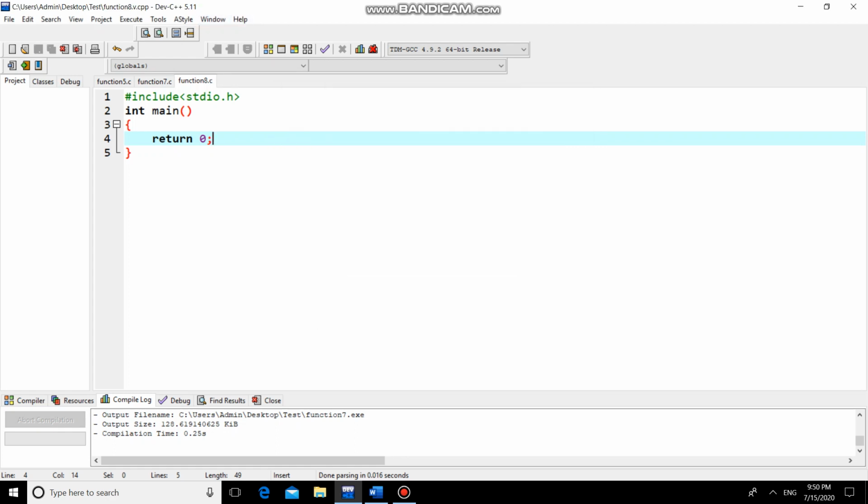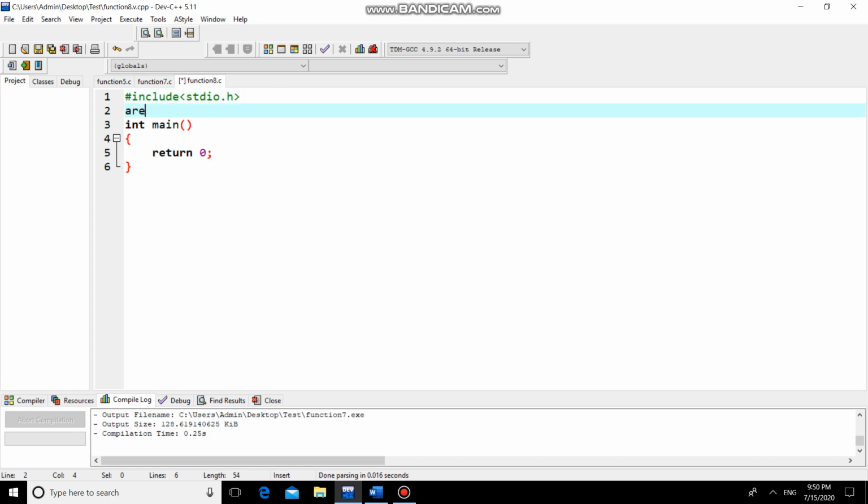Now we'll take the function area. So function declaration, but what is the category? Function with argument and with return type. So there will be radius1, so this will be input to the program and it will return the area.